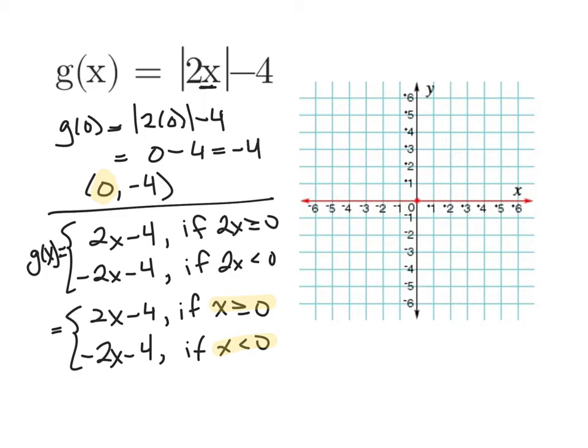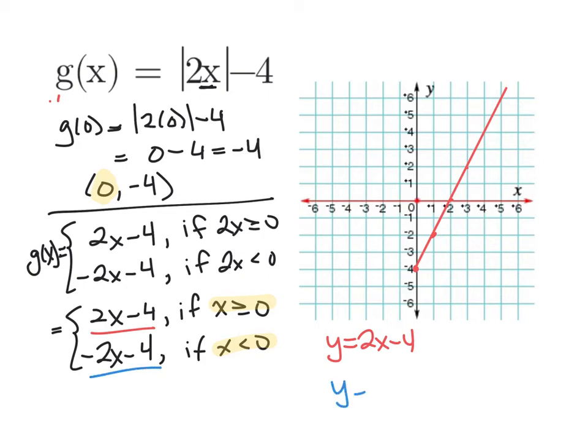First, let's graph the first piece, y equals 2x minus 4. So the y-intercept is negative 4, and now we have a slope of 2, so we go up 2 over 1. That will give us this for our graph, and we want to keep the piece that is greater than or equal to 0, so we will erase the piece that is negative. Now, for the second half,